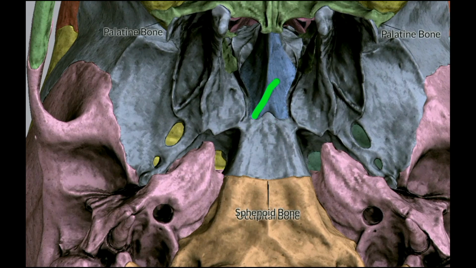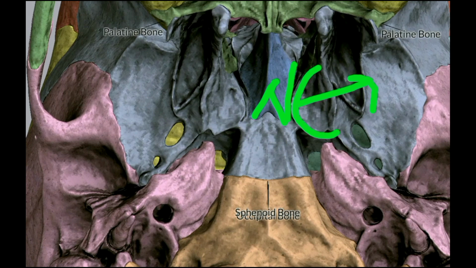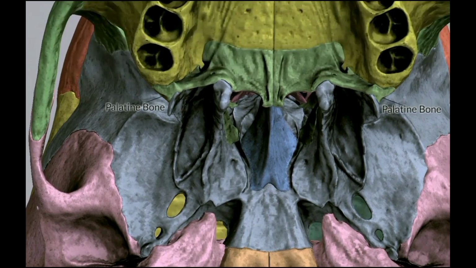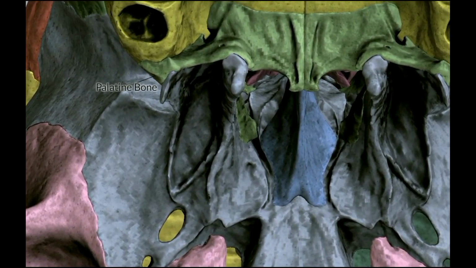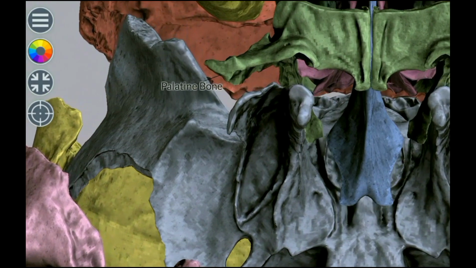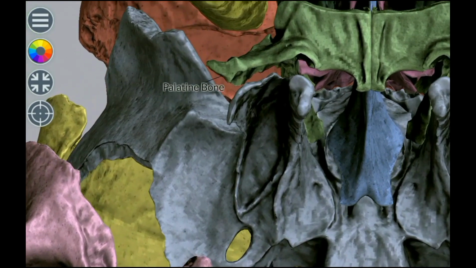The vomer will diverge and form the Schindylesis, the vomerovaginal suture, and it will join with the vaginal process of the medial pterygoid plate, and the canal between them is called the vomerovaginal canal. So the canal formed between the alae of the vomer and the vaginal process of the medial pterygoid plate is called the vomerovaginal canal. As you go in front of the vomerovaginal canal, you will see the palatinovaginal canal. You can see the greenish part is the palatine bone there. You can appreciate now how these bones are articulating here.